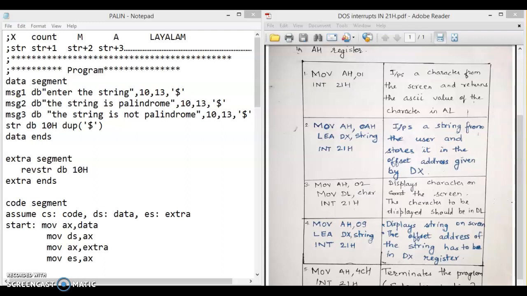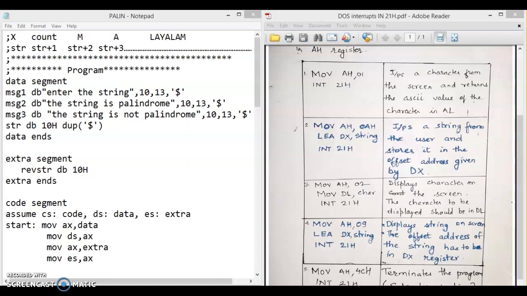Hello guys, welcome to this program on 8086 based palindrome check. Before going into the program, we should first know what is a palindrome. A string, when read from the forward and reverse side, if it remains the same, is known as a palindrome. Example: NITIN, seen from both ends is the same, hence it is a palindrome.